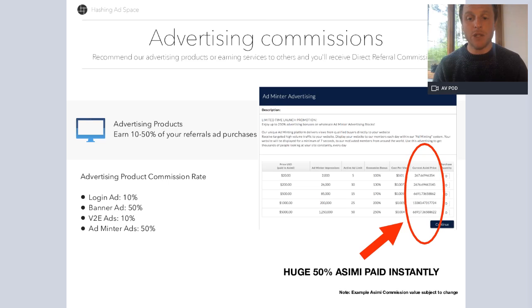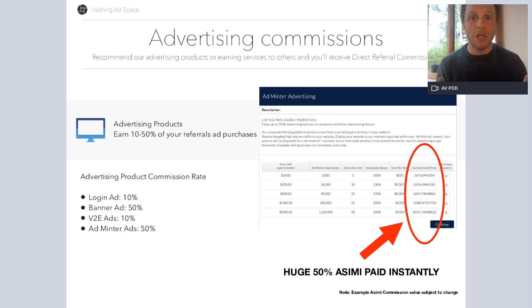Now, as a result, and we've seen this sometimes where a marketer might have several of these big packages sold in a single day, you can see that the purchase price here is $13,383. So that's 13,383 Asimi tokens to purchase that package. As the referring affiliate, you get 50% of that, guys. We give you 50%. That's half of that. That is a huge amount of Asimi, nearly 7,000 Asimi tokens in a single commission on a single day.